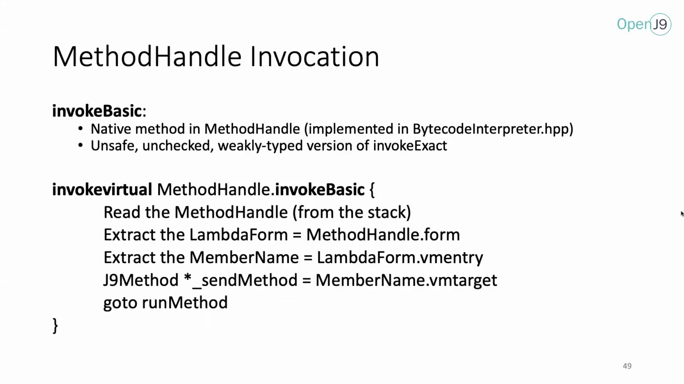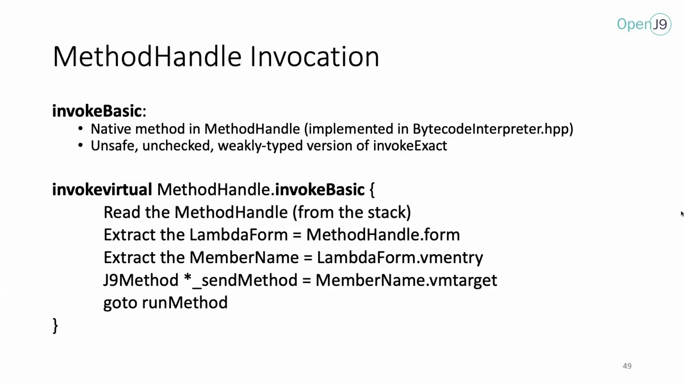And so Nazim briefly covered what an invokeBasic is. It's a native method that we implement in the bytecode interpreter. It is an unsafe, unchecked version of invokeExact. That's why there was a check exact operation before invoking invokeBasic, which was a safety check that is generally done before executing invokeBasic. And what invokeBasic does is it's going to read the method handle which is already on the stack,